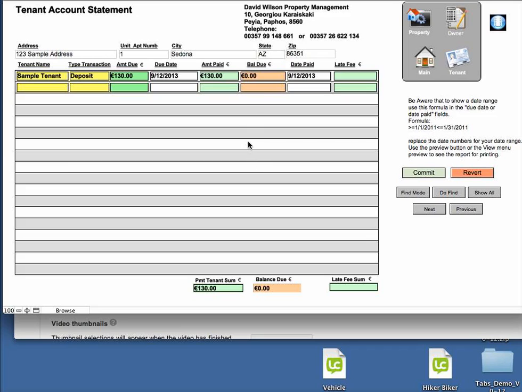You can print this report or this statement, or you can email it to the client. Either way, when you go to print it, this information on this side of the screen will not be visible. So you'll be able to see all this information here that's on the printed form, and the rest of it would be